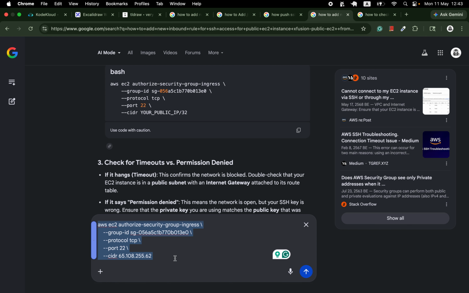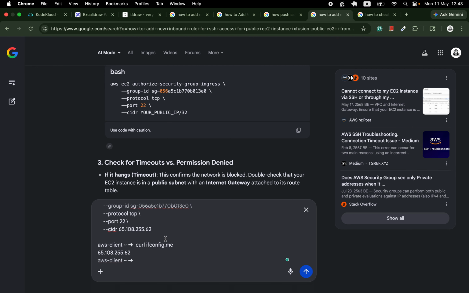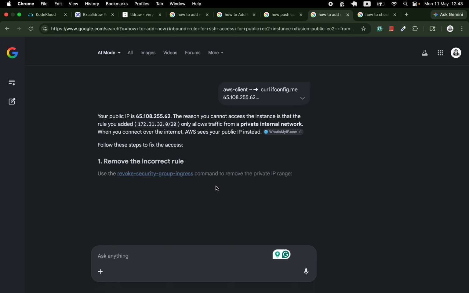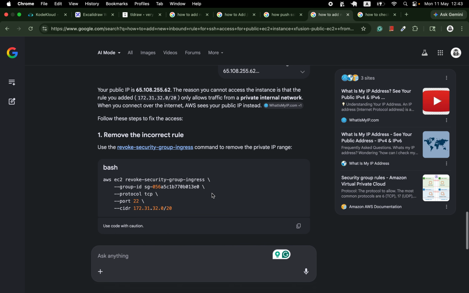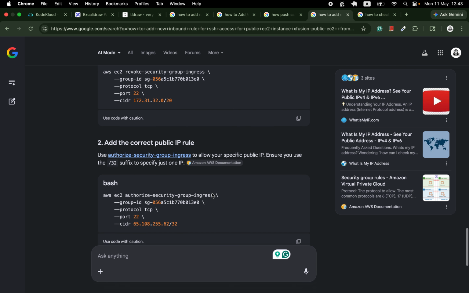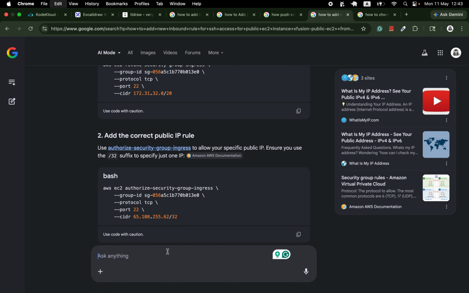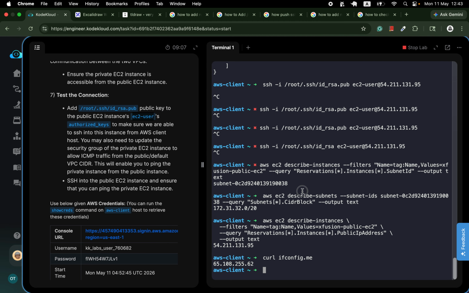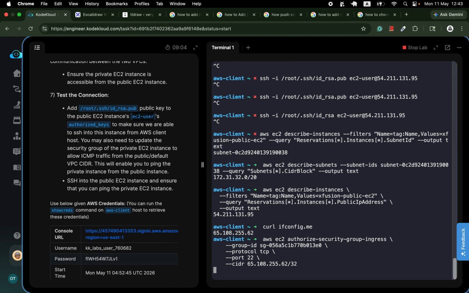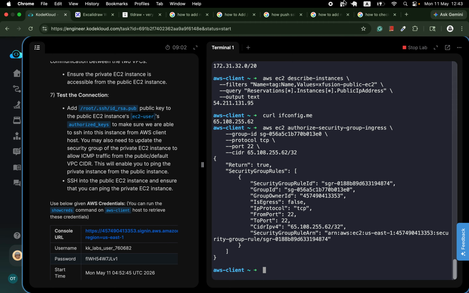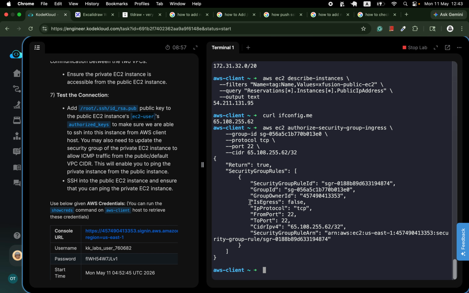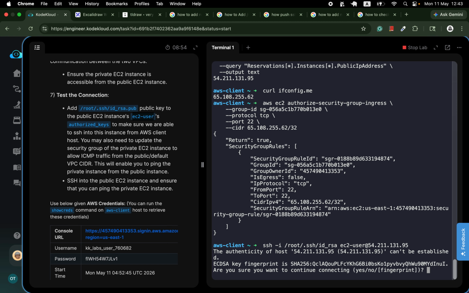Before I run this, oh damn, so it has to be like this. So the error is a CIDR error. So let me run that again. Alright, so now let me connect with the private key right there. Yeah, so this time,